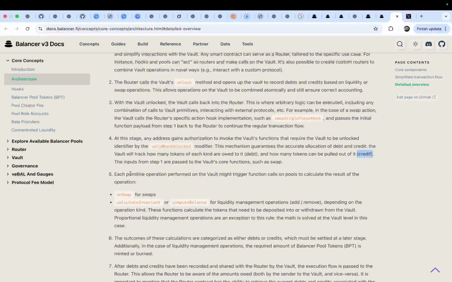And 5 is each primitive operation performed on the vault might trigger calls on pools. Only when you use some swaps, add or remove liquidities.